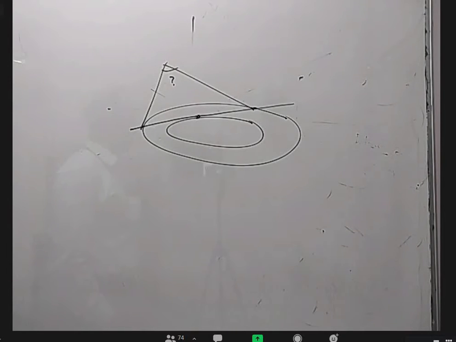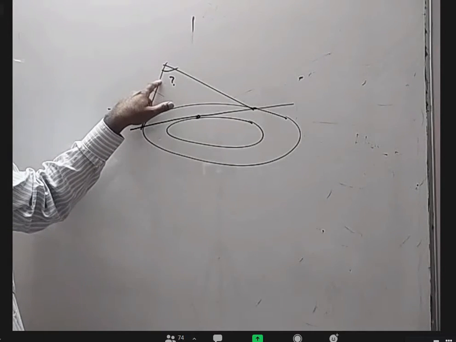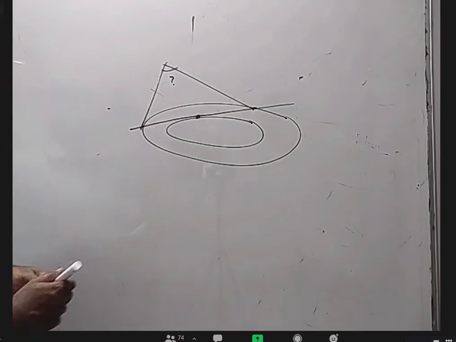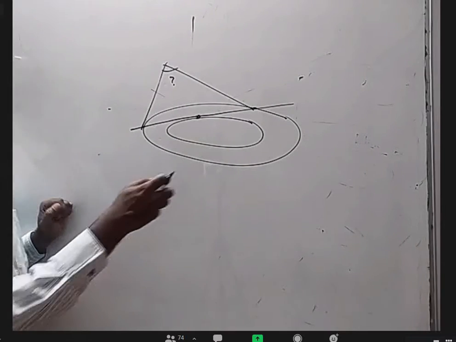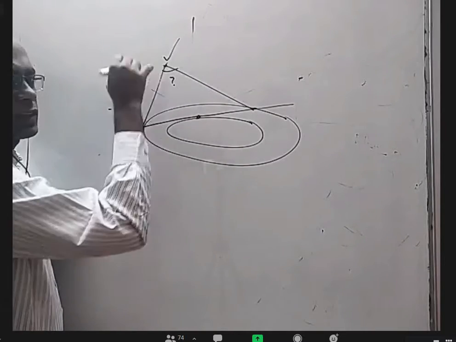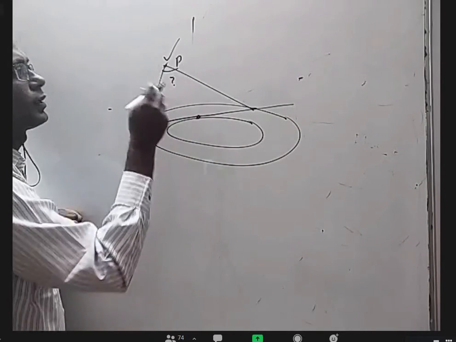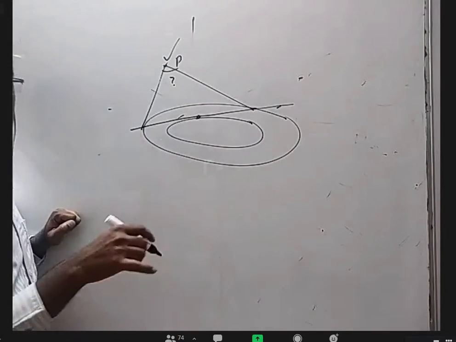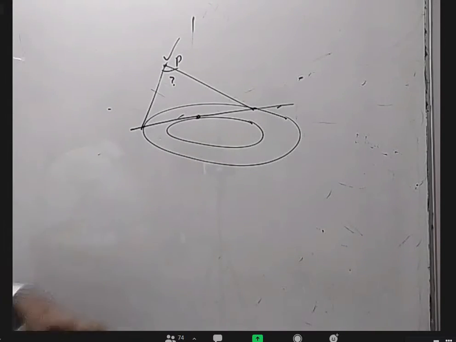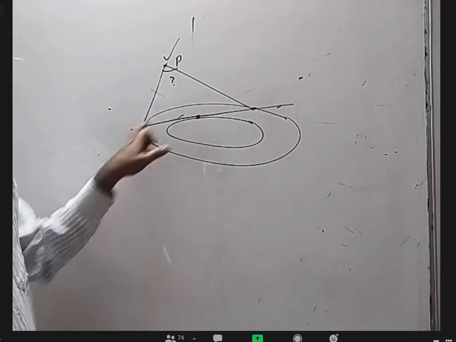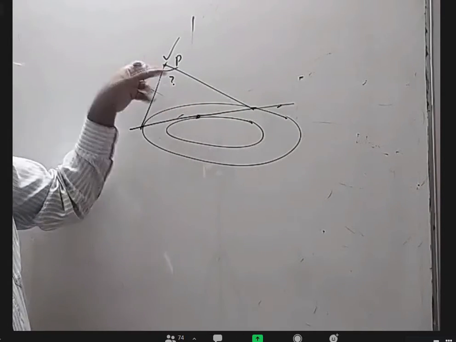Yes, sir. Yeah. So if you want to know what this angle is, the locus of this point. Actually, the question was different here. They would have given this locus itself as the curve, and would have said P is a point on this. Find the chord of contact of this, that is always touching one ellipse. What is that ellipse equation? They did not ask that way. They asked for this. There is one tangent. It is intersecting the bigger ellipse at 2 points. There, if you draw, this angle is constant, what is that?